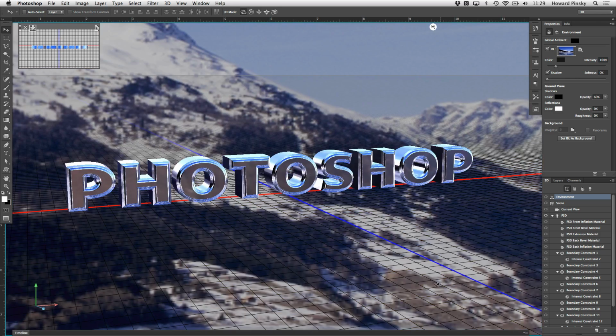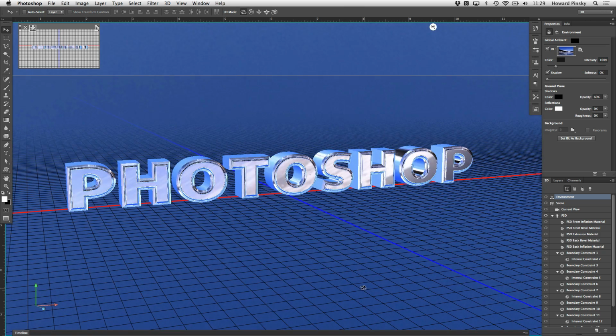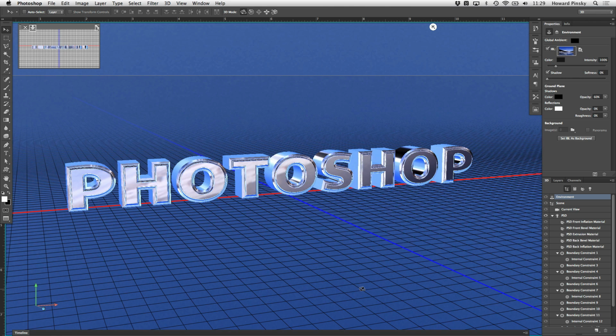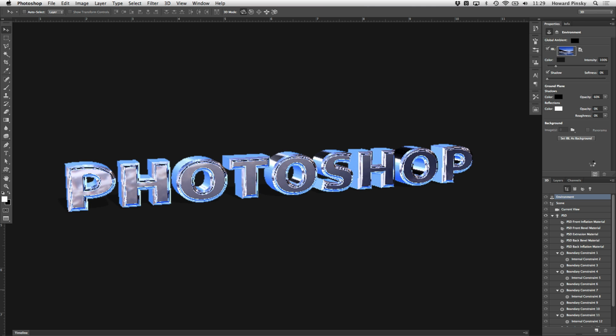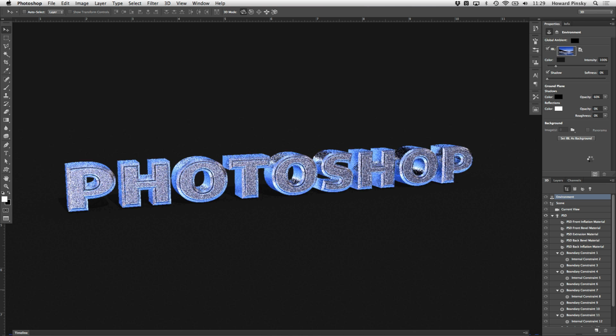You also have the ability to rotate your image-based light, just in case you want a different area of the image reflected on your mesh. Now, instead of no reflections at all or simply white boxes, your image is now being reflected in the text, and if I give it a quick render, you're going to see it in action. Now keep in mind, when you start adding reflections or adjusting your mesh's opacity, render times can drastically increase, as there's a lot more that Photoshop has to put together.